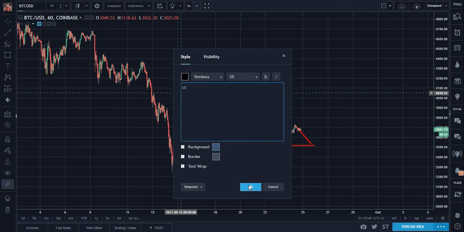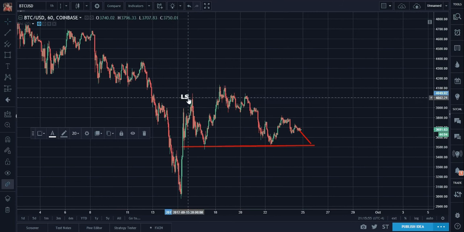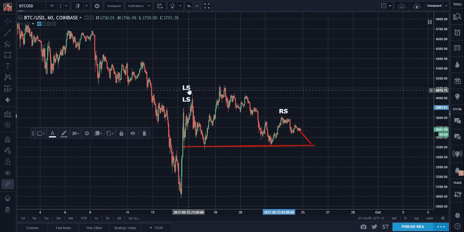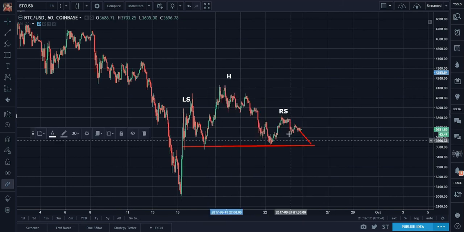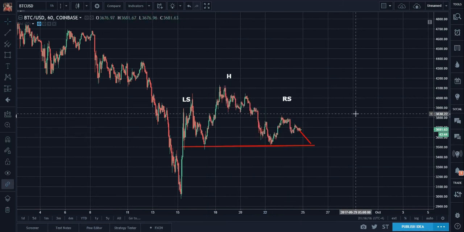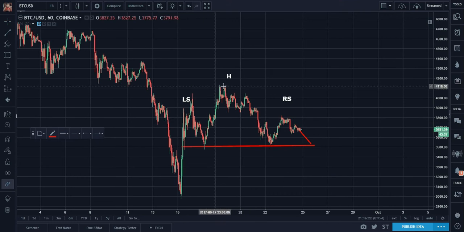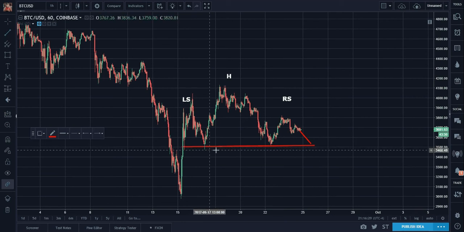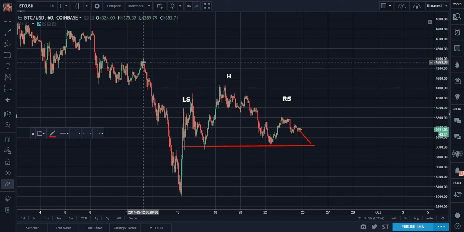LS for left shoulder, RS for right shoulder, the head pattern, if this is complete, and I draw a line across the bottom, so that's for the neckline. And I draw a line